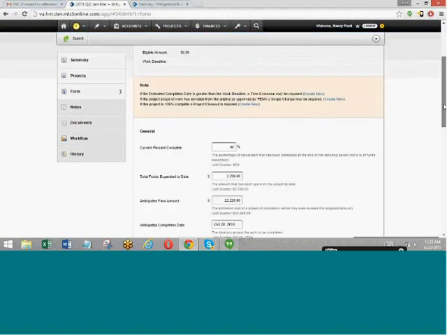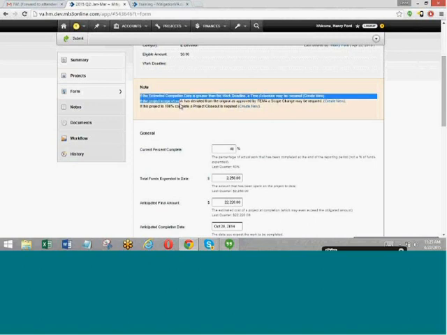The notes section here will give you some assistance as to what your next action might be on a project, depending on what you're reporting. So, for example, if your estimated completion date is greater than the current performance period deadline date that you have on that project, then a time extension may be required. So there's a link right there to quickly create the time extension right from the quarterly report.